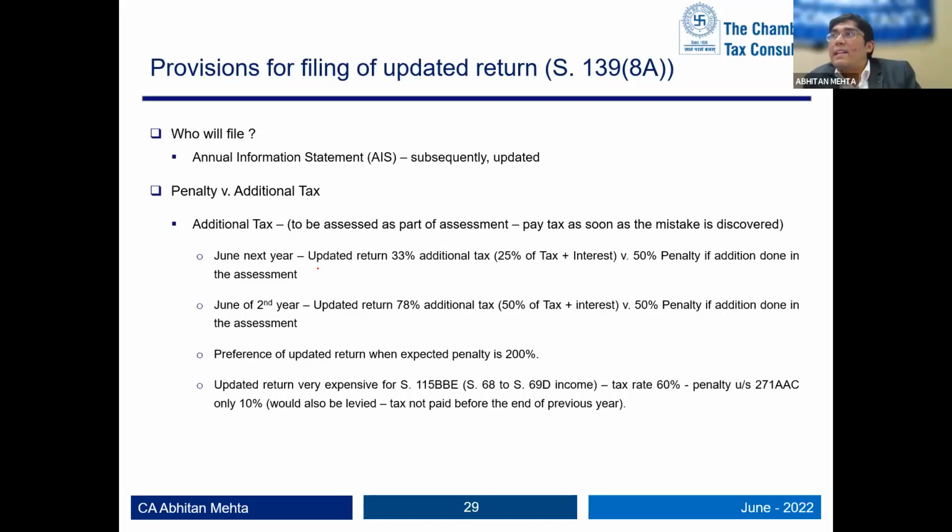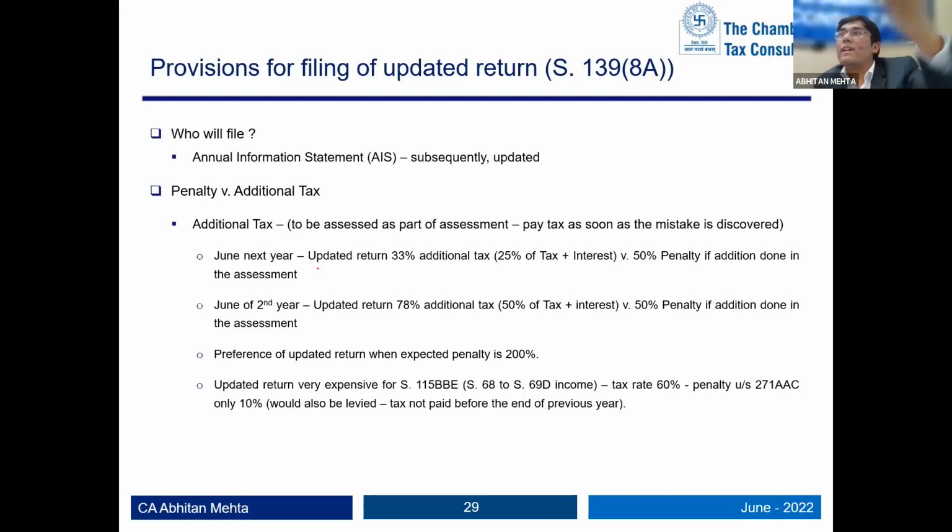If the risk of penalty is high, one should file an updated return. If the risk of penalty is low, one may just pay tax with interest and see if it is picked up for scrutiny and how it goes ahead. If there is a case of 200% penalty, say your AIS is updated, what will happen? Generally, one foresees that your AIS is updated and something you have not shown at all. So it would be underreporting, say, of an asset. So 200% penalty may come in.